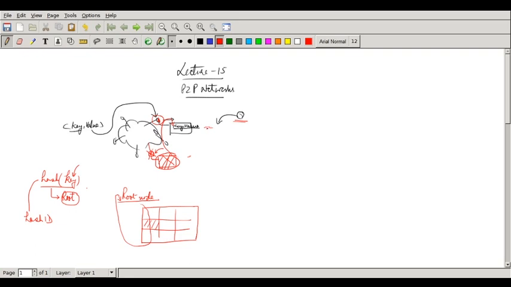To understand this, let's now do an example. We take certain nodes here. I take a node numbered 0, 1, 2, 3. I take another node and give it the number 0, 1, 3, 2. Then I take another node, A0 to F, and another one. I am just going to write all of them down. I have taken them arbitrarily, and then I will try to find out what happens when a new node enters.